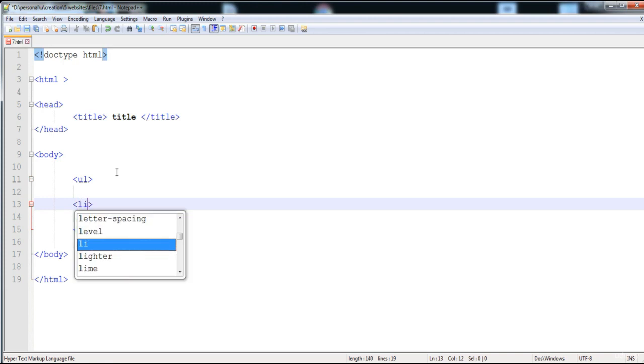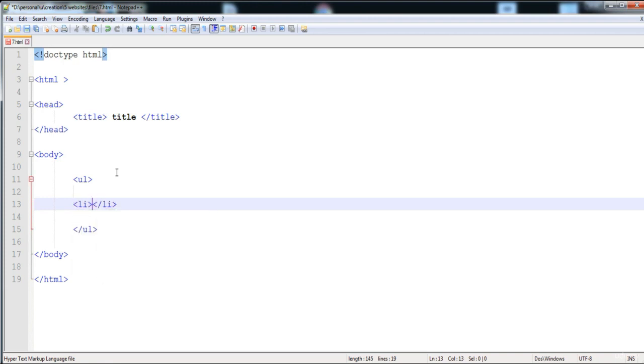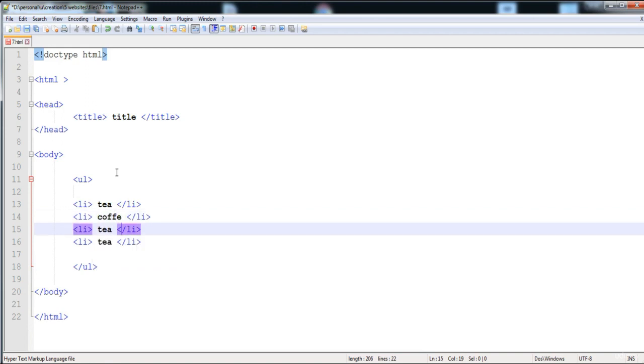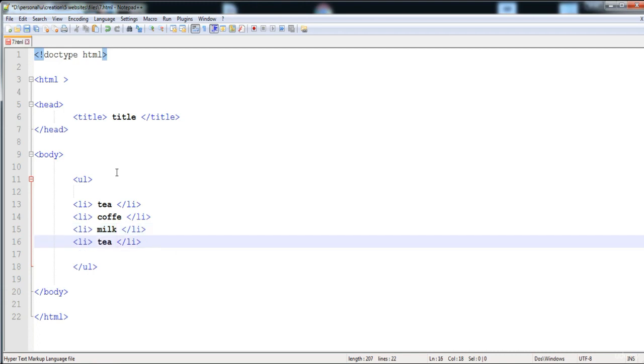For this we have to write the opening and closing tag li, which defines the list item, and here we are able to put the tea and all the things that we want. Here is the coffee, and here is the milk, and here is the cell,